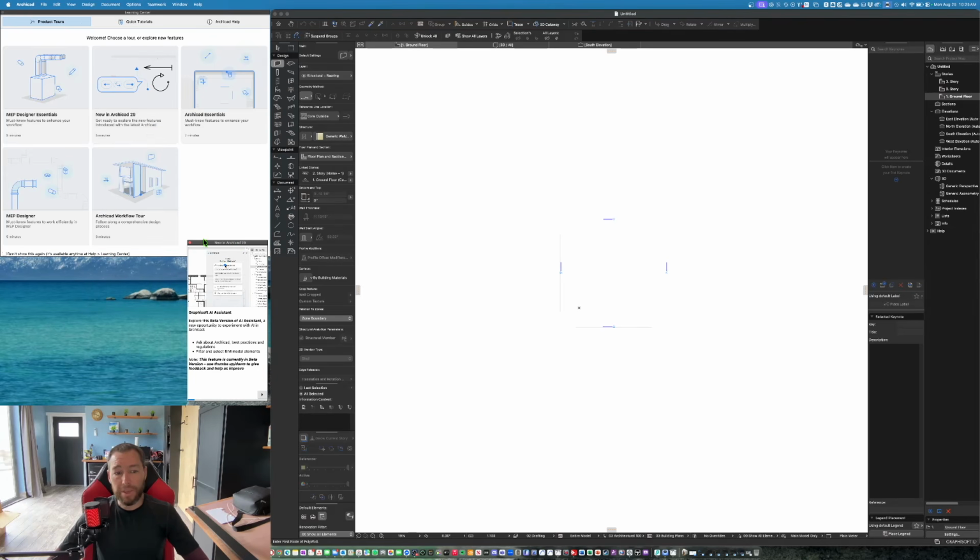And I don't know if you can see this, but the first thing it talks about is this new Graphisoft AI assistant. Now, frankly, I think this is kind of a dumb feature. Maybe in the future it's going to be great, but basically what it does is it allows you, so let's say, let's just start by drawing some quick walls. And then, I'm going to go ahead and change a couple of these walls to,